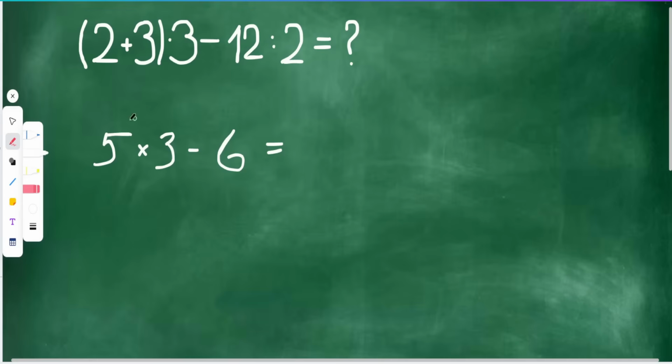First, as we already have such a record, let's remember the order. First there was multiplication, next is subtraction, addition. So let's multiply this number. 5 by 3 is 15, and let's subtract 6. You probably already know whether you have solved your task correctly or incorrectly. Anyway, 15 minus 6 is 9, however, if you have problems with such subtraction,